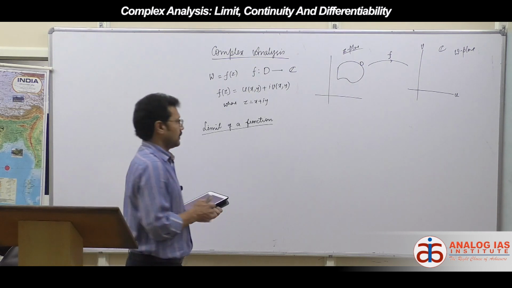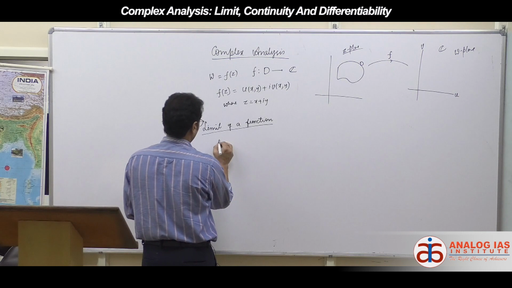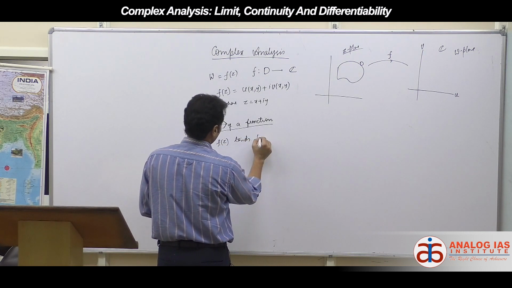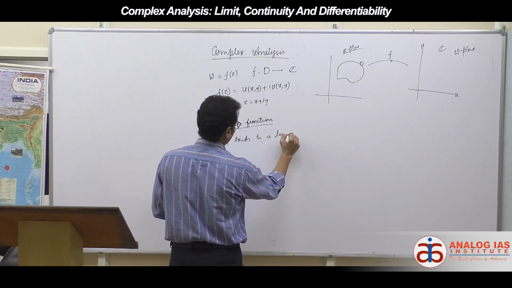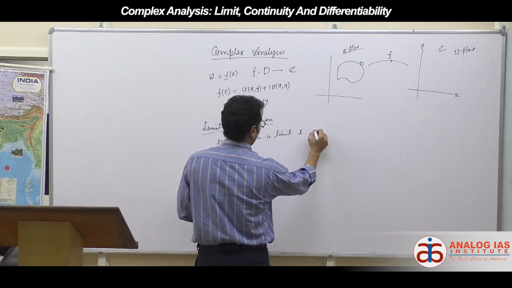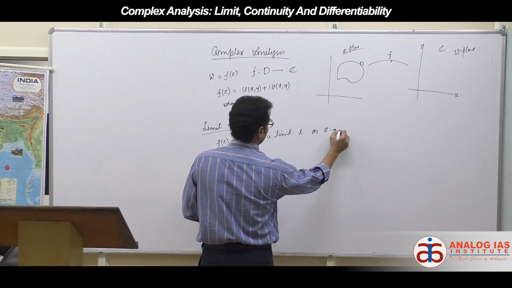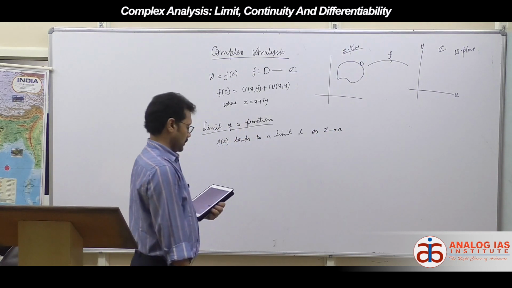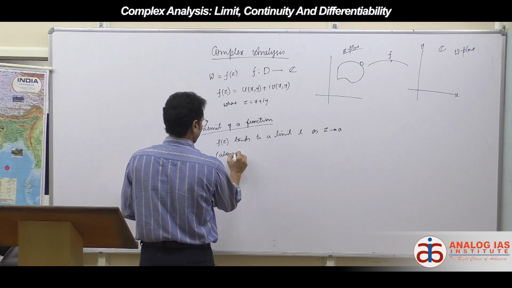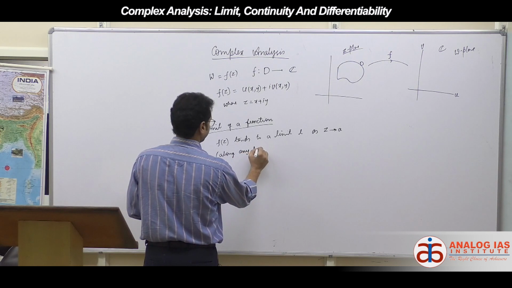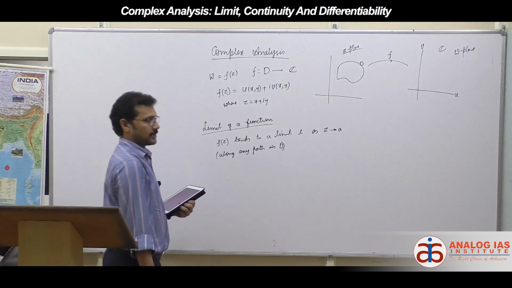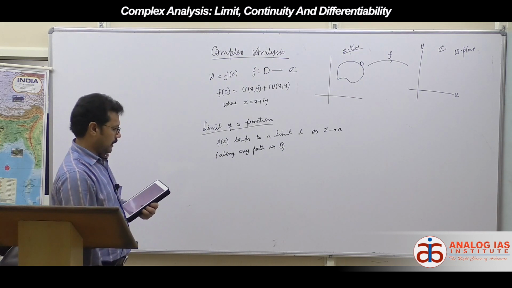We say that f of z tends to a limit L as z tends to a, in brackets, along any path in D. Just write it down, I will explain it anyway. Along any path in D,